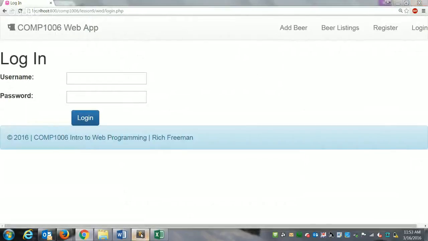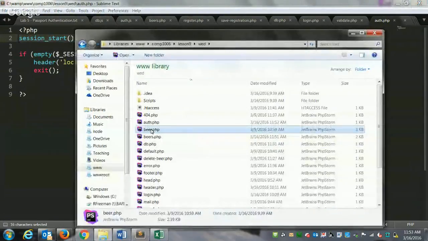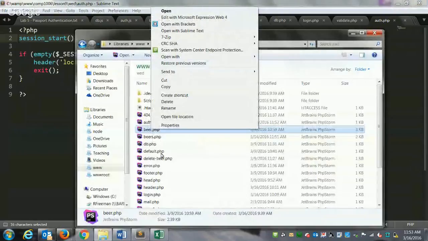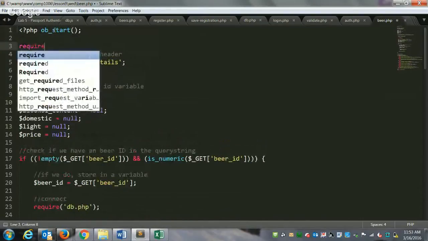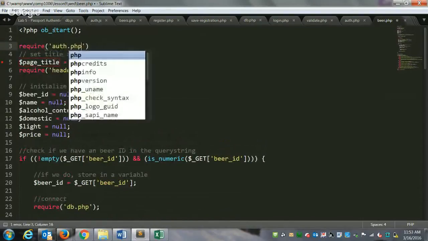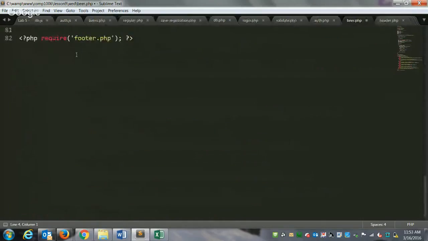So all we need to do, and you guys can do this at home because we have to get out of here, on our other pages with the word beer in the name, so there's beer, delete beer, and save beer. Up at the top here, we'll need to add OB start and OB flush at the bottom in case we're redirecting. And then we'll add our authentication check. So OB start at the top. Require auth. And down here, after we require our footer,